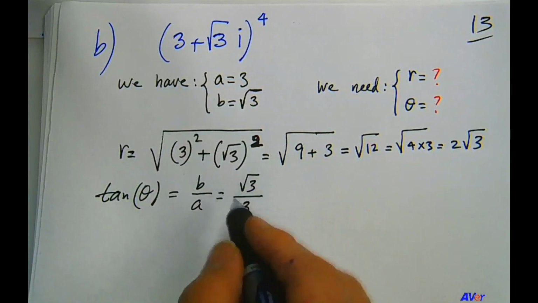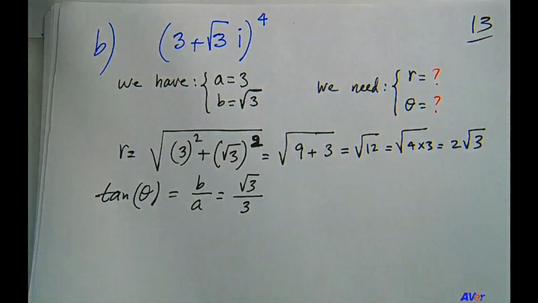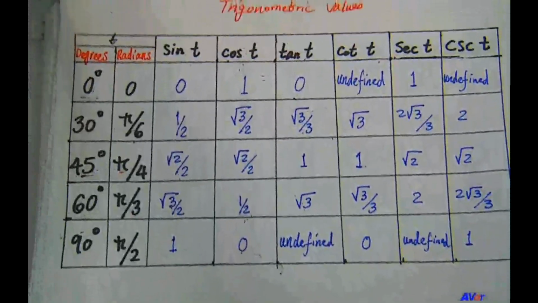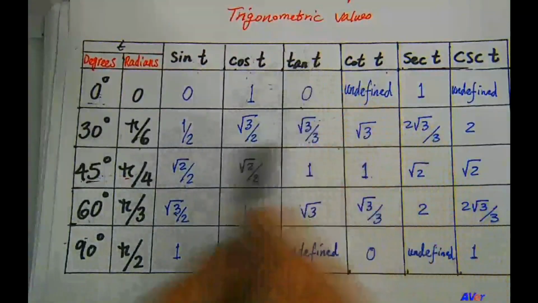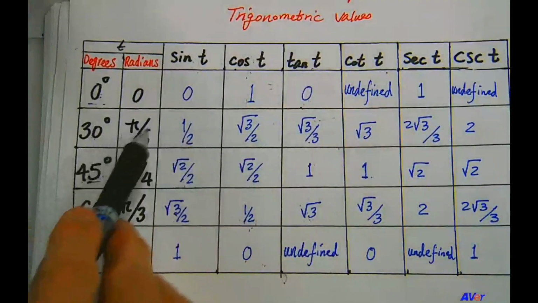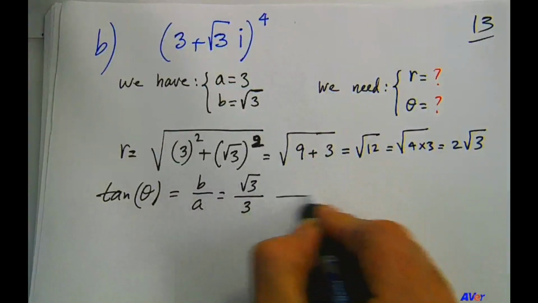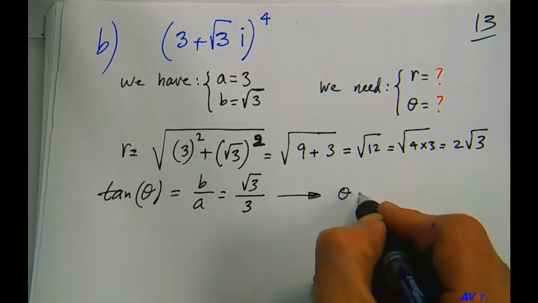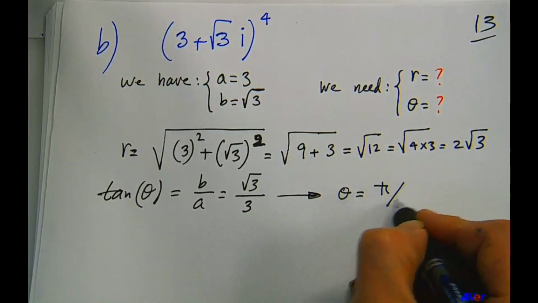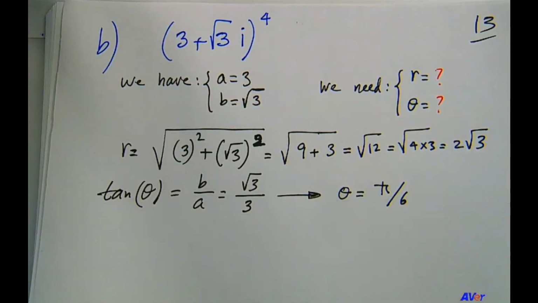And so, do we remember this? We do, right? Tangent of what angle is equal to square root of 3 over 3? It's pi over 6. So from this, we know that theta is equal to pi over 6. Okay, now by de Moivre's theorem,